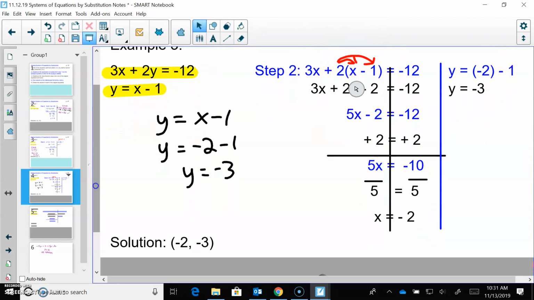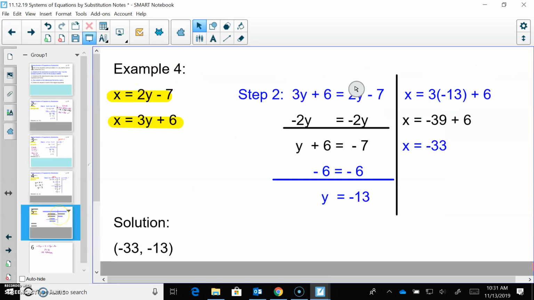So when I write my solution, once again the x comes first, so x is negative 2, and then the y comes second, which is negative 3. So negative 2 comma negative 3. If we take a look at example 4 here,